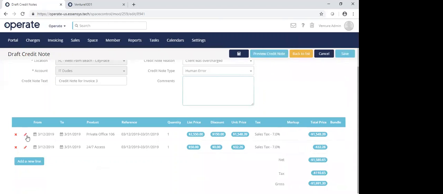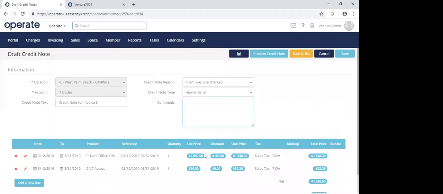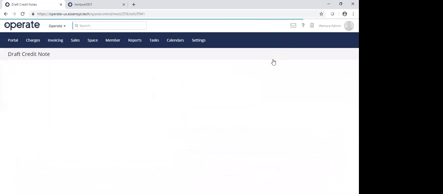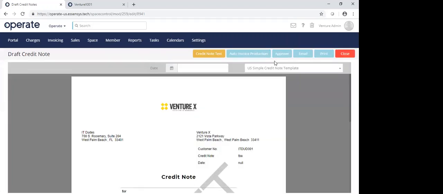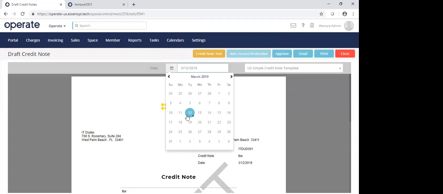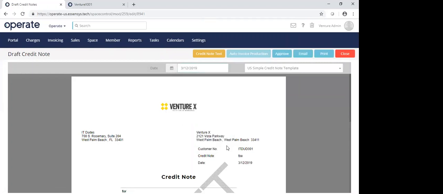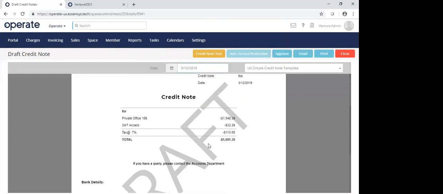Now I can click the edit button and I can update just a specific amount on these line items that I want to credit back if it's not the entire credit. If I want to credit back the whole invoice, I'm just going to hit preview credit note, and it's going to bring up a screen much like your invoices. It's going to ask me for a date that you want this credit note to be issued, so I'll use today's date. You can see that it's crediting in total back the tax, everything else that I've raised,